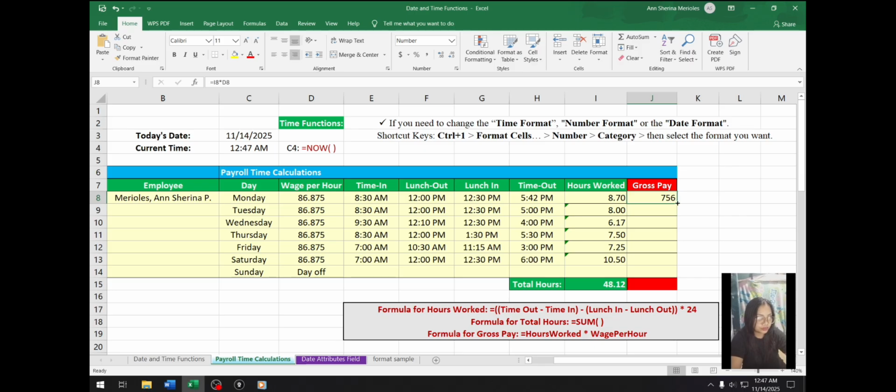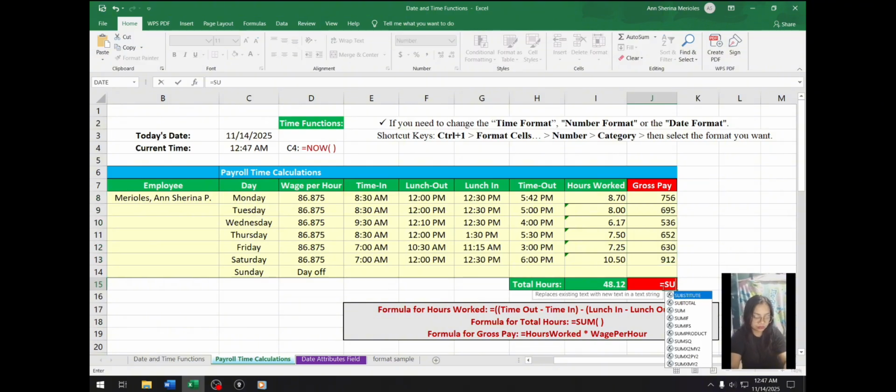Again, use the autofill to complete the formula in each cell, and then use the sum function to get the total gross pay in a week. Then enter. And then here you go.